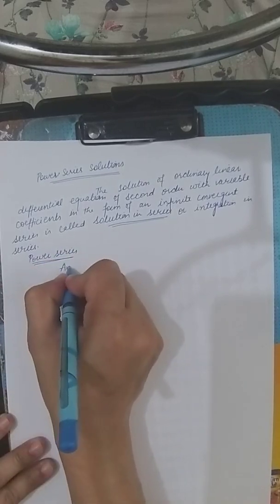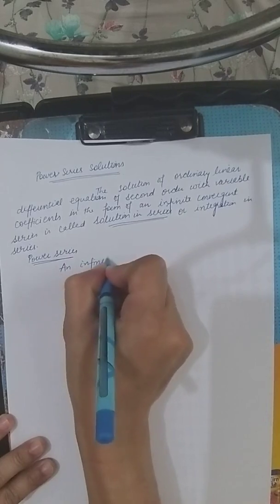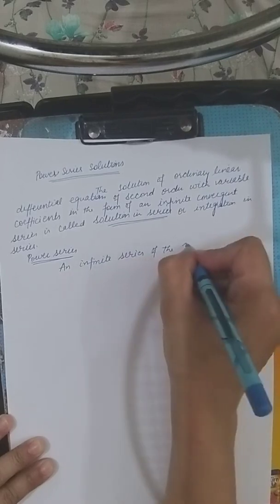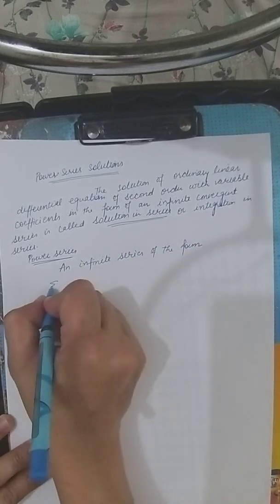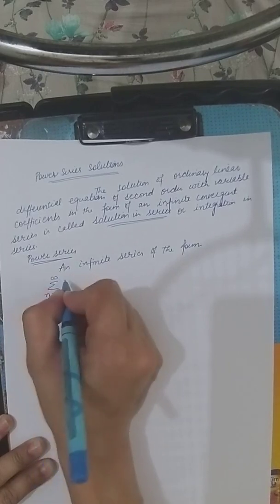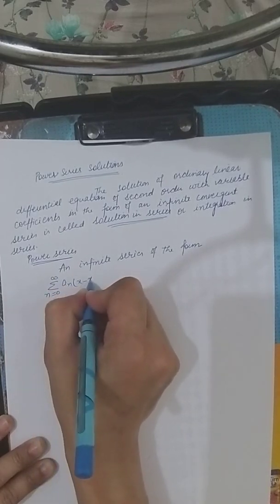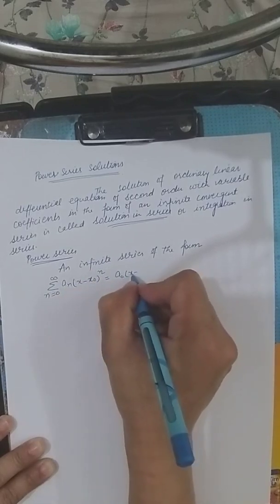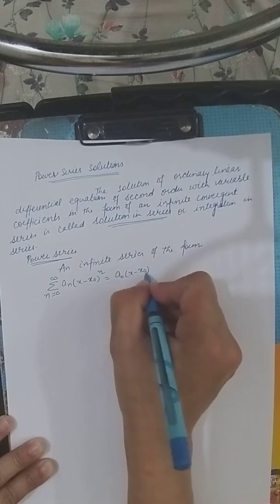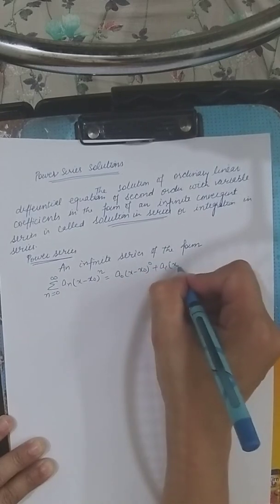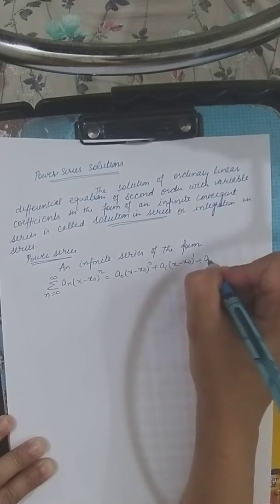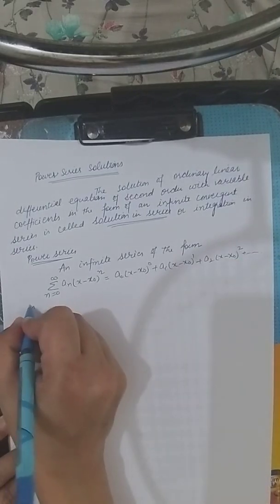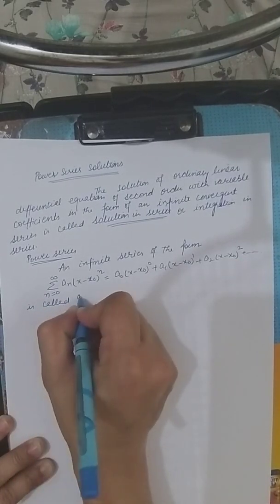An infinite series of the form summation n varying from 0 to infinity a n x minus x naught power n, that is a0 x minus x naught power 0 plus a1 x minus x naught power 1 plus a2 x minus x naught whole square. This is called a power series